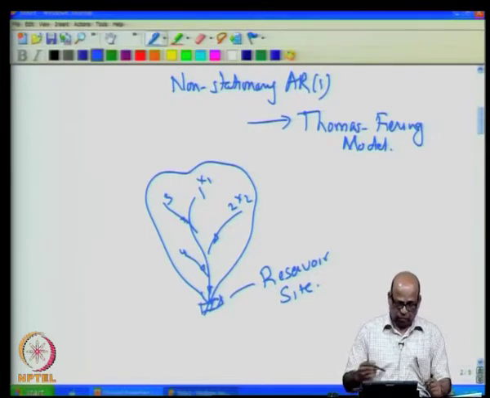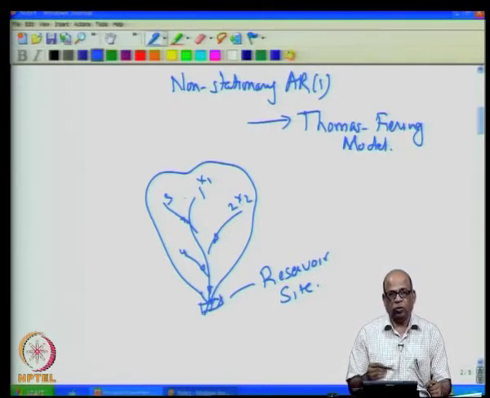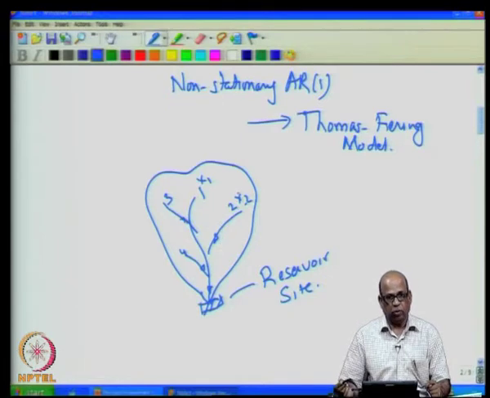One thing I must repeat is that if there are situations where these dependencies can be ignored, or you are reasonably sure that these are all independent or the cross correlations are negligible, in such situations, you can use the single site models, generate data on x 1, data on x 2, x 3, x 4 etcetera, and then add them up to get the data at this location. This is what you would have done if the cross correlations were in fact negligible.